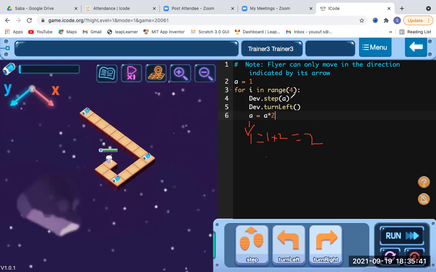The first step we have given is A equal to 1. Then the second step you can take as 2. Now once the range increases, we have given 4 range. This is the first one, this is the second one. For the third, this becomes 2, that is equal to 2 cross 2, which is 4.